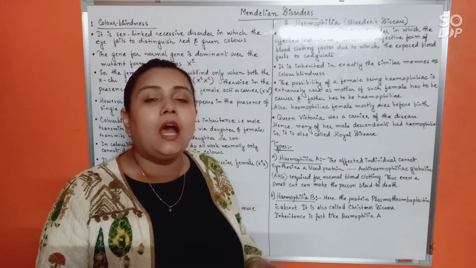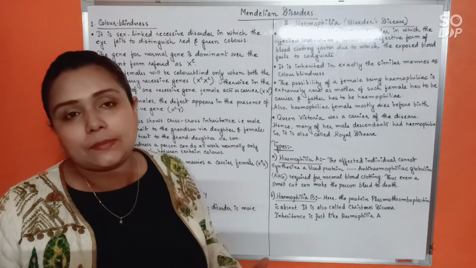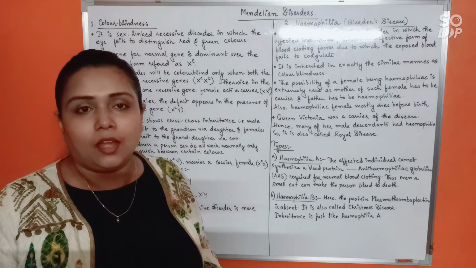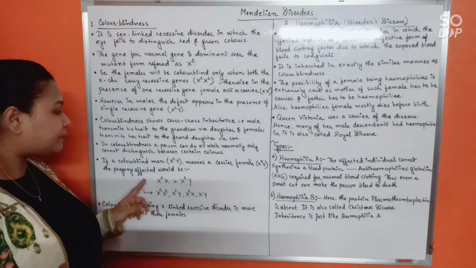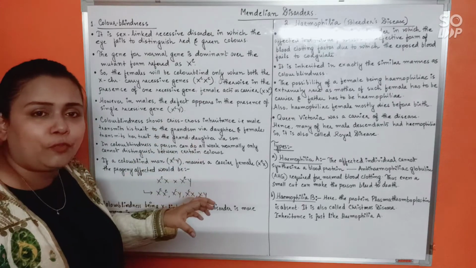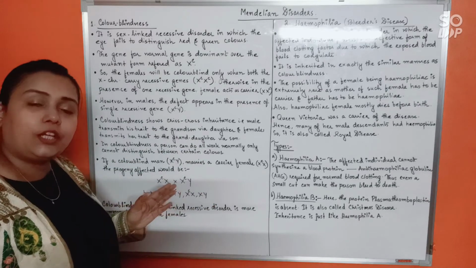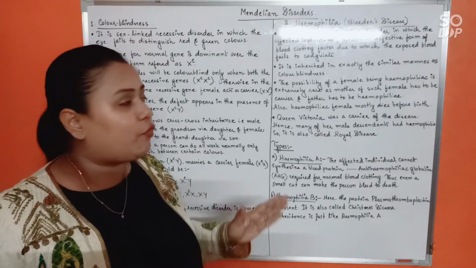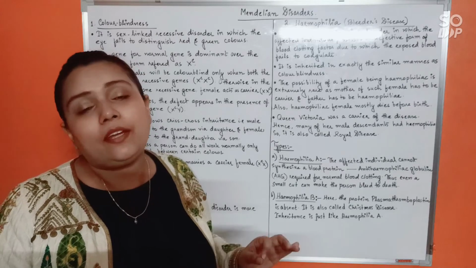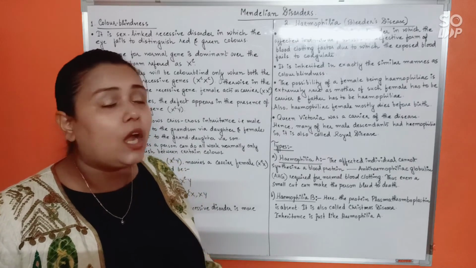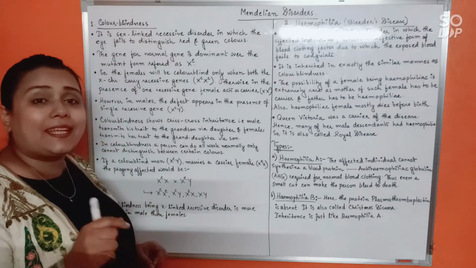Alright, understood this? But hemophilia, also being an X-linked recessive disorder, its inheritance pattern will be exactly like color blindness. So if in this question that was regarding color blindness, instead of color blindness, if I put the word hemophilia, your answer would not change at all. It would remain the same. So the pattern of inheritance for both the disorders remains the same. Why? Because after all, both are X-linked recessive disorders. Do remember that. Only that in case of hemophilia,